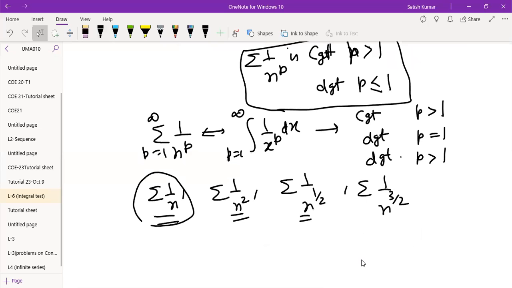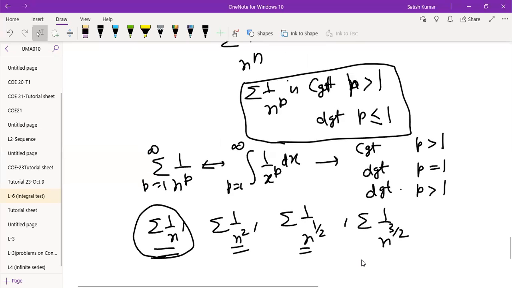Yes, what is the behavior of summation 1 by n by p test? It is convergent or divergent? डाइवर्जेंट। अब सर एक्चुअली उधर साइन आपने गलत डाल दिया सर। डाइवर्जेंट p less than or equal to 1, यस। ठीक, यहाँ पे ये ठीक है।